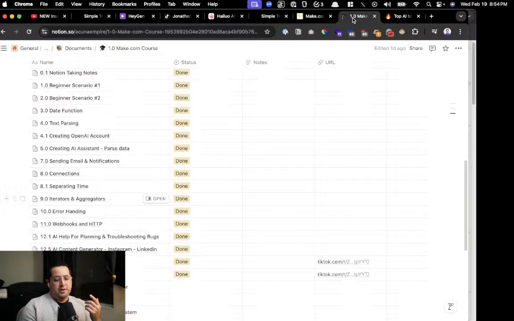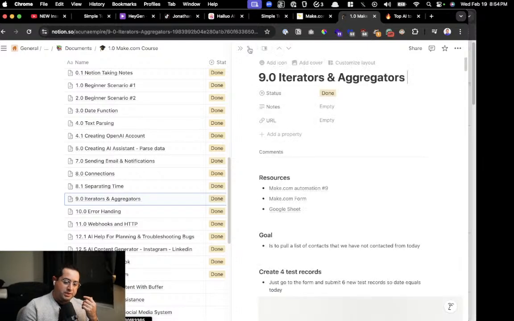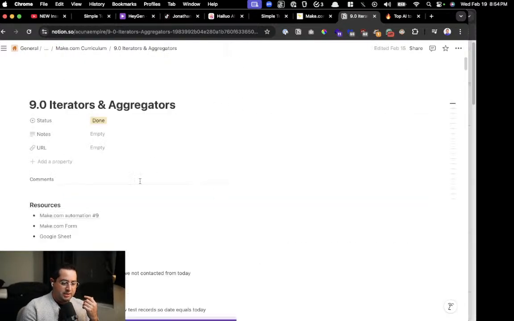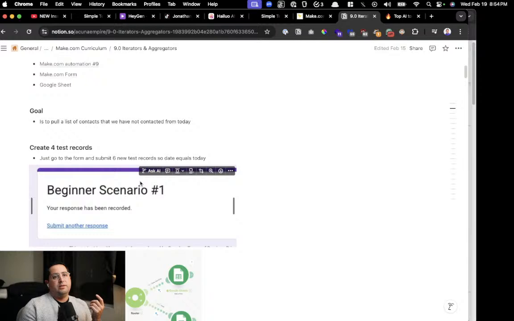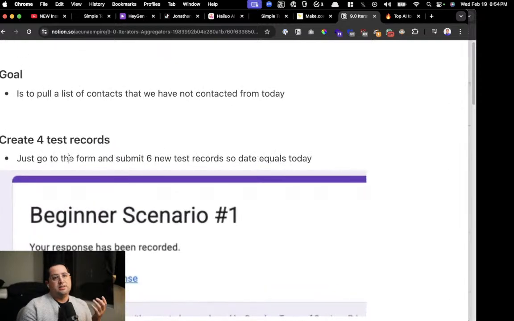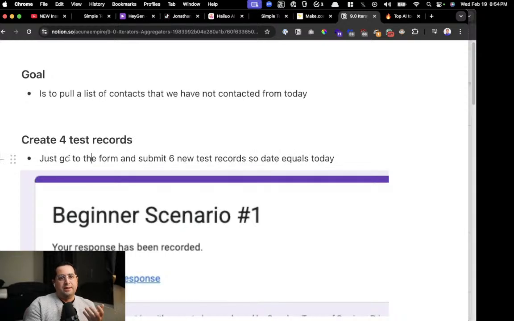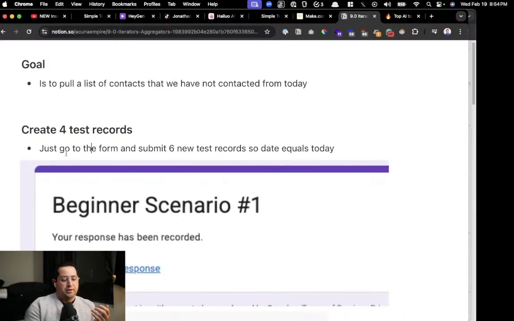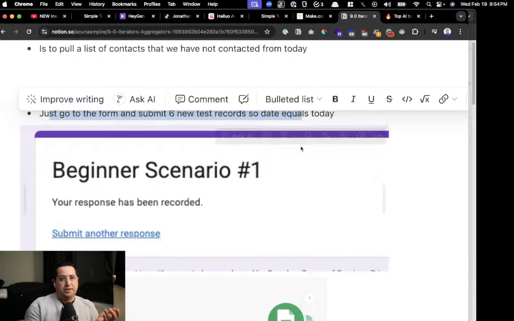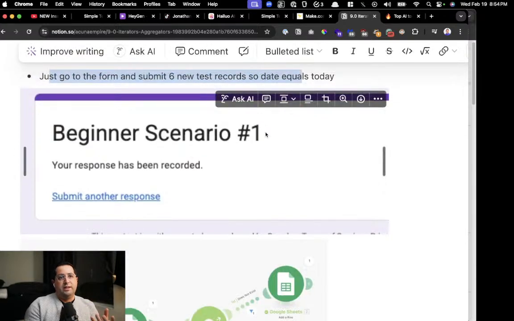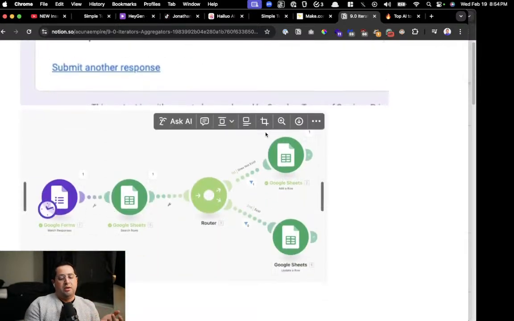And here I have the whole course, like this lesson on iterators and aggregators. This was an in-depth lesson. The way it works is, if you're learning any new subject, you first have to document it, so it becomes like a flashcard you can review. Here I put some context around what I'm trying to do and a screenshot of what it's supposed to look like. And I'm like, oh, okay, that's cool.